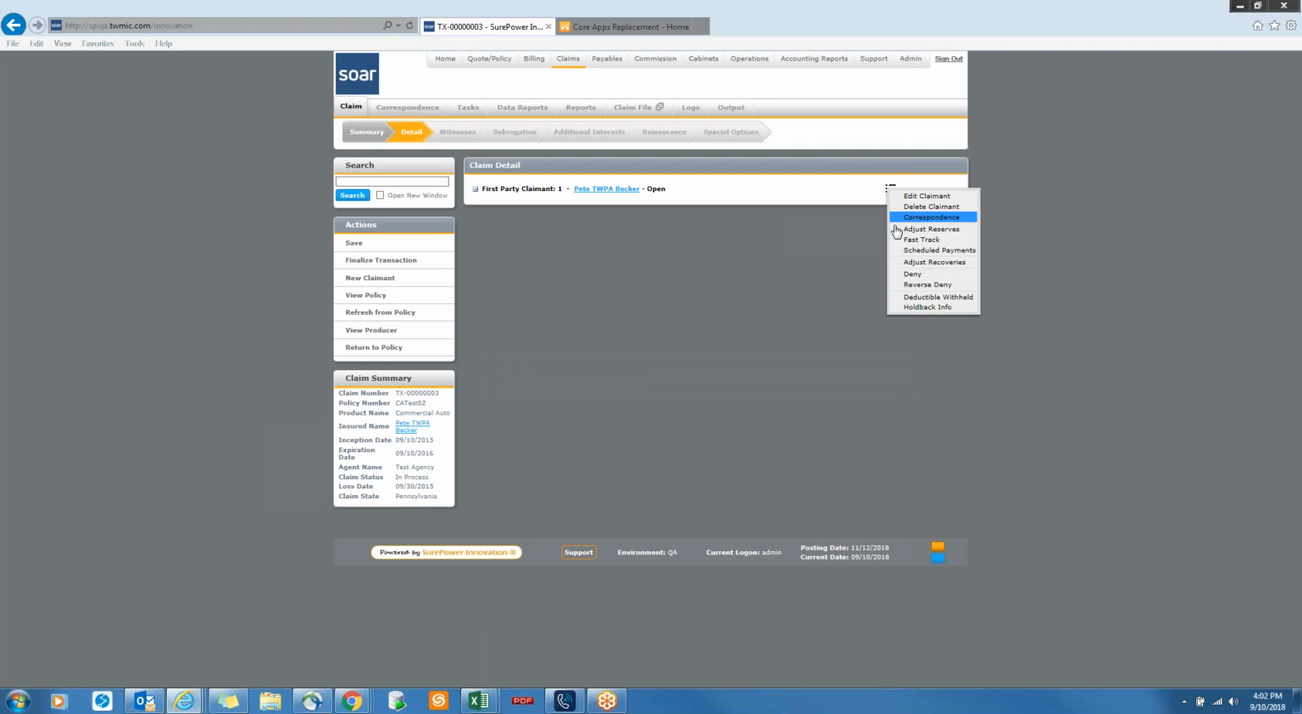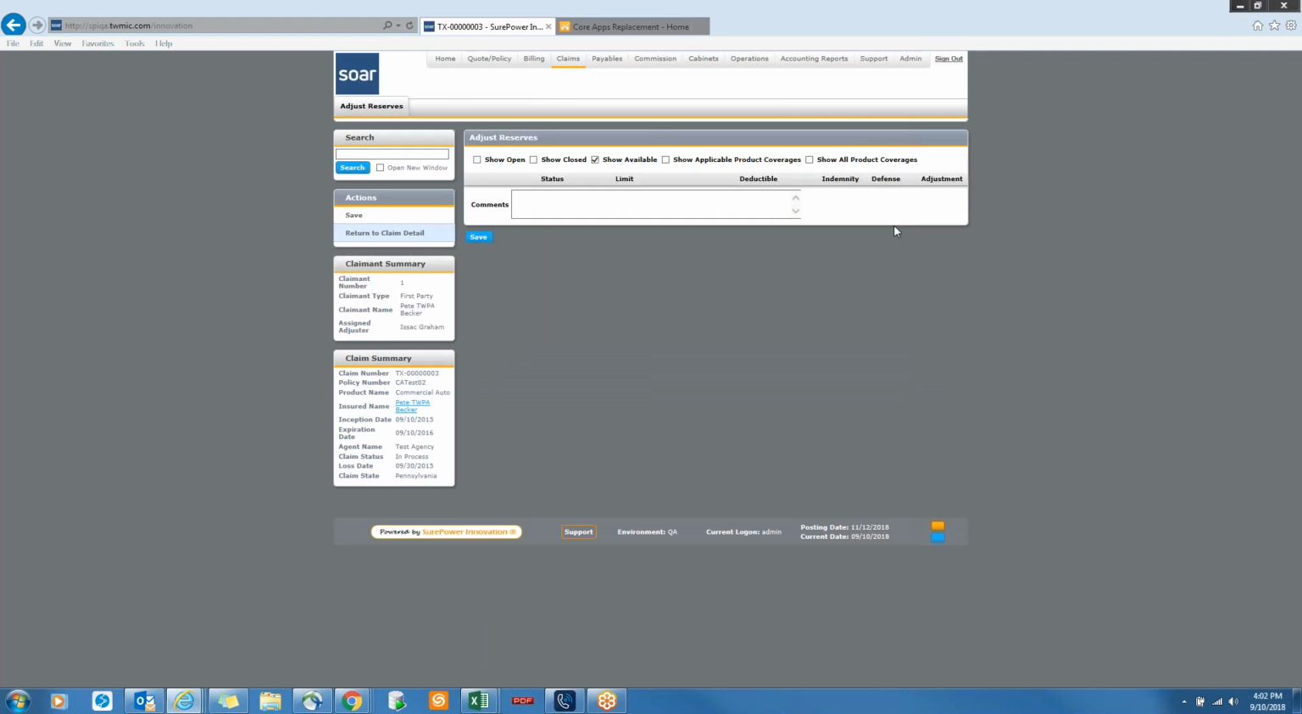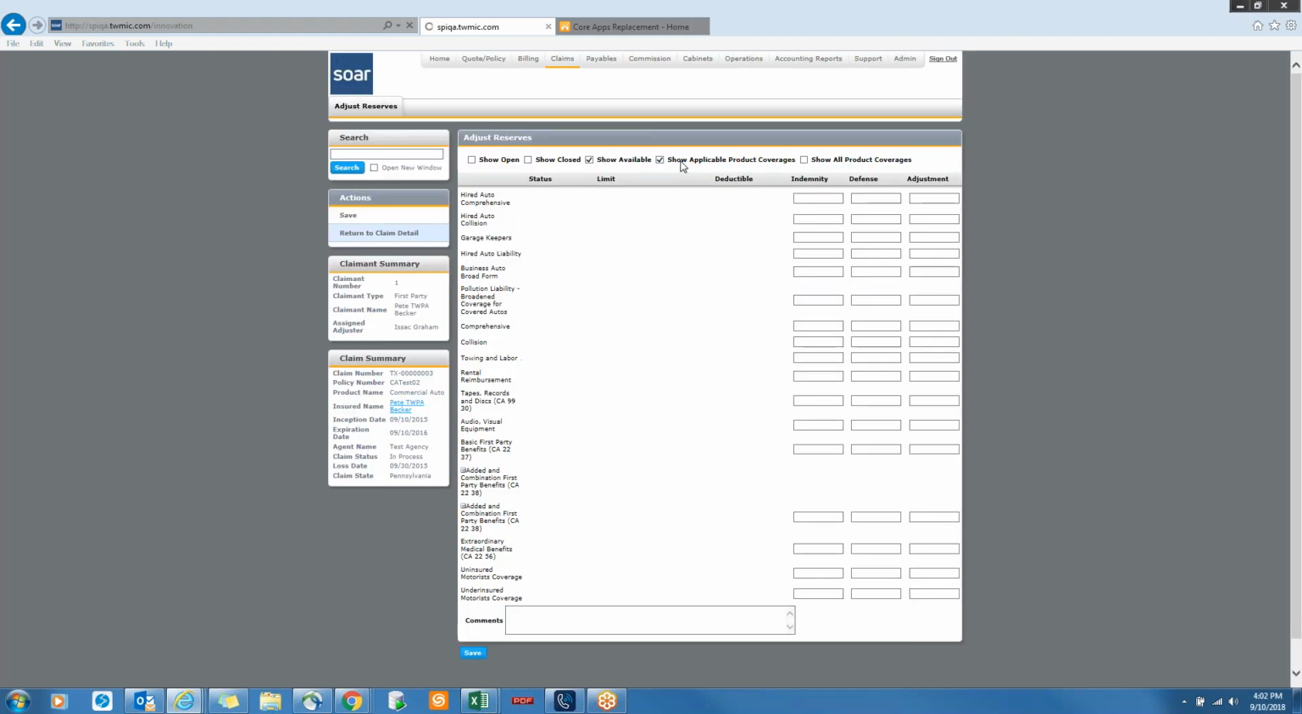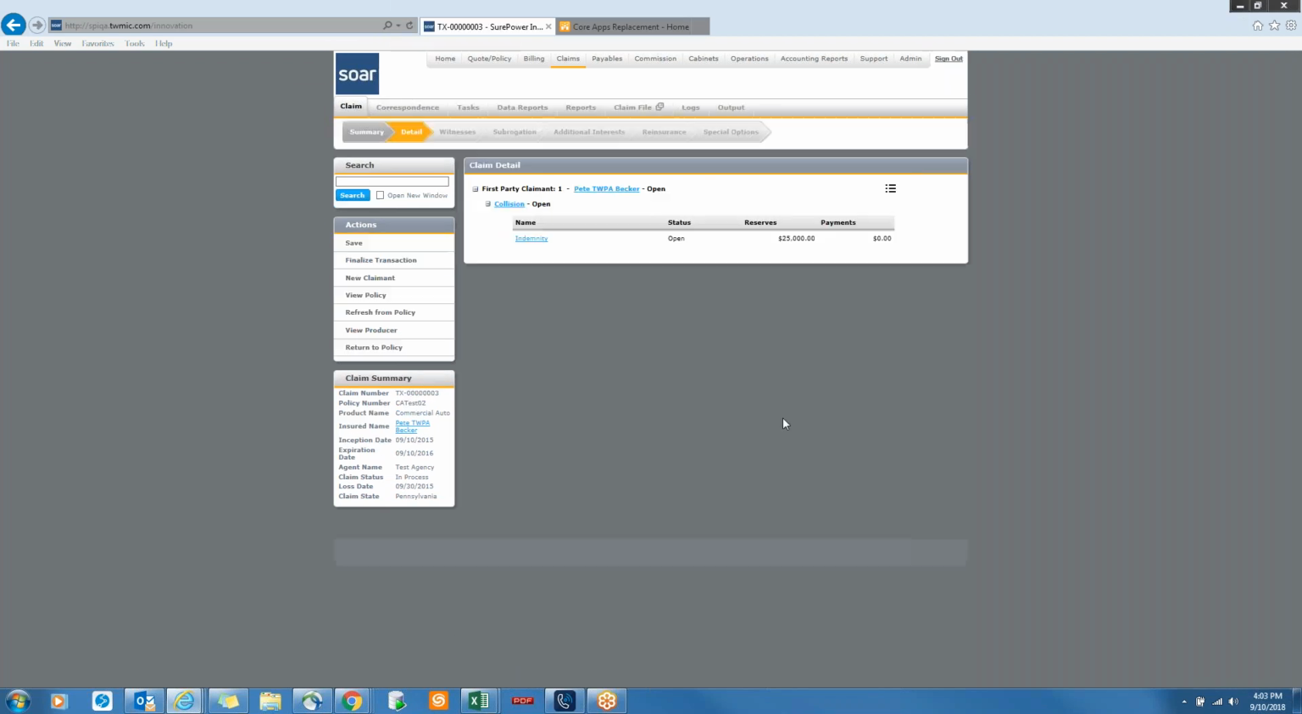and adjust reserves. Now, because we don't have a policy within SOAR with policy limits and coverages, we have to click Show Applicable Product Coverages. We have to manually verify on this policy the coverages, the limits that are applicable for this particular policy and or autos. So under the collision, I'm going to put a $25,000 limit in indemnity for the reserve and click